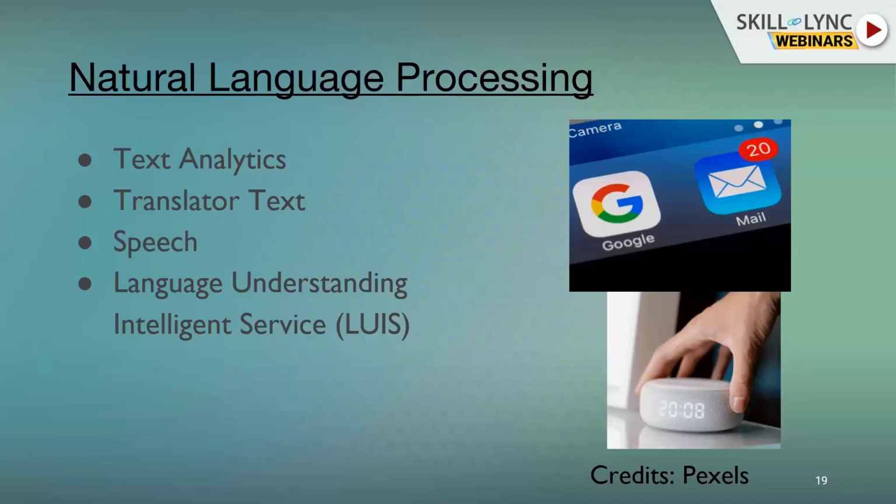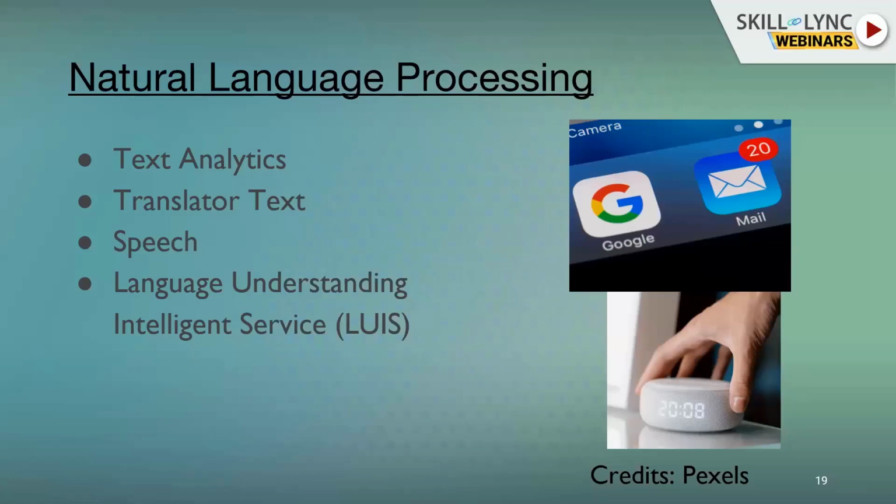Similarly, in Microsoft Azure, we have a platform called LUIS, which means Language Understanding Intelligent Service. We will try to see some examples later in this demo as well. It's able to understand the human language, translate it, and then provide an output. With Google Translate, you can translate from one language to another, and you could have seen speech to text or text to speech functions. All this comes under the natural language processing area.